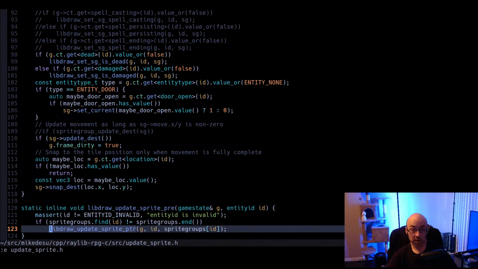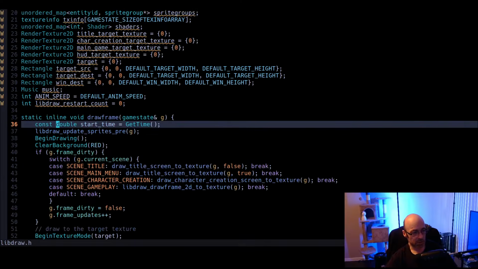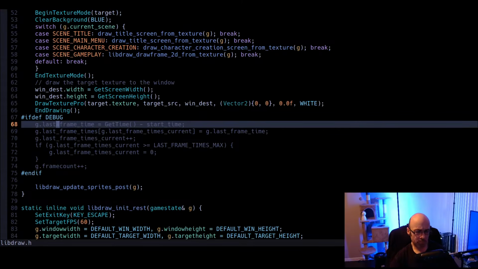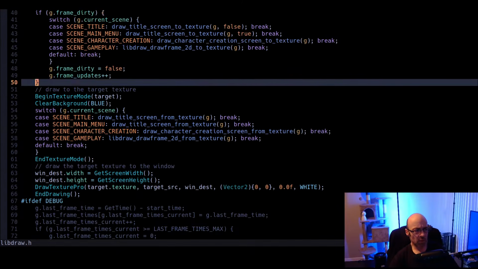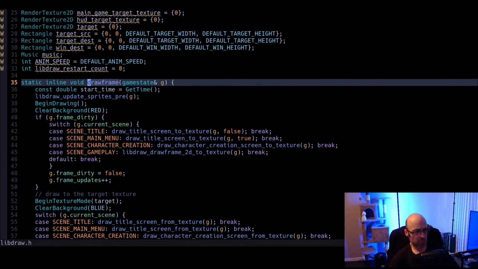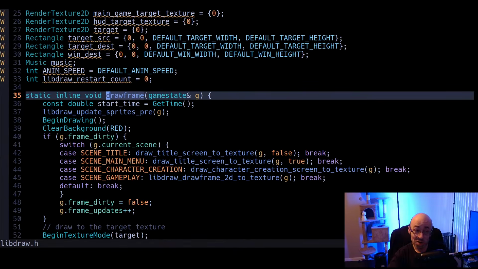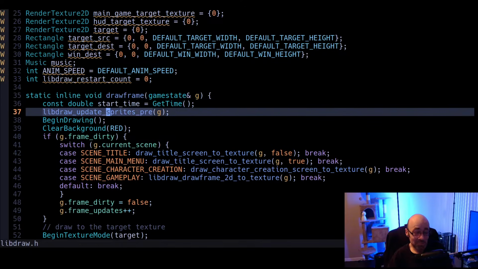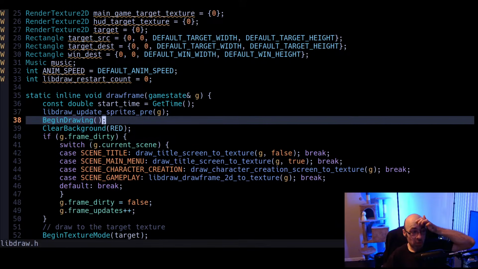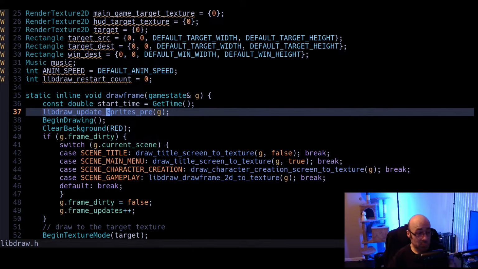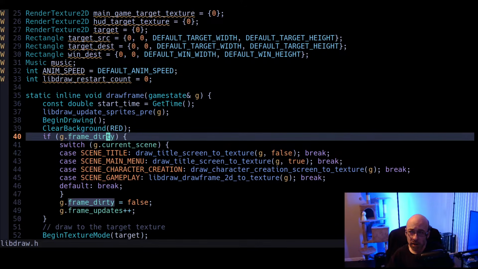Let's see, update sprite. No, it's in... all right, let's start from the beginning. On every frame, this function gets called, draw frame. Makes sense, right? Like duh. So every frame we draw frame. So okay, whatever. But at the beginning of drawing the frame, we do a bunch of stuff called update sprite spree. And then